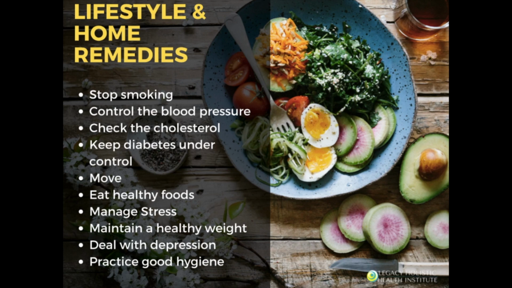Maintaining a healthy weight, because being overweight increases the risk of heart disease. A BMI less than 25 and a waist circumference of 35 inches or less is the goal of preventing and treating heart disease. Practicing good hygiene is the last one, but you want to stay away from people with infectious diseases such as colds. Get vaccinated when you need to. Regularly wash your hands, brush and floss your teeth regularly, and keep your body healthy, clean, and well. Also, get regular medical checkups. Early detection and treatment can set the stage for a lifetime of better heart health.